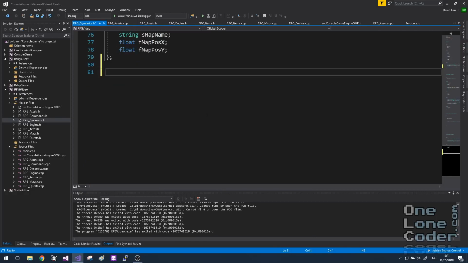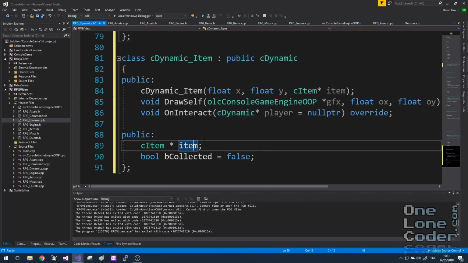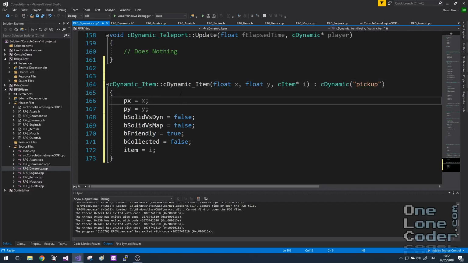I'll need to create a new dynamic object to dispense the items when the player interacts with it. And here I have such an object. It's got two functions which are overridden. One is drawSelf, which describes how the object should look on the screen, so that'll use the sprite. And here is our overridden onInteract function. The class itself only contains two items. One is a pointer to the item itself, and the other is a flag to say whether the item has been collected or not. And so to the end of my RPG dynamics.cpp file,